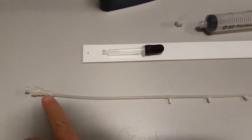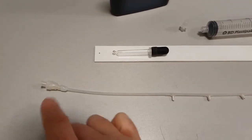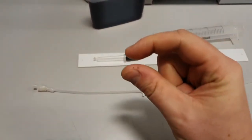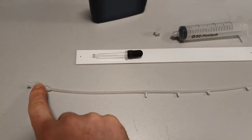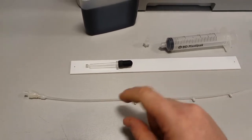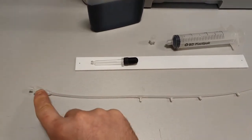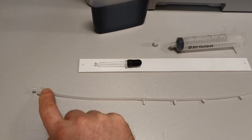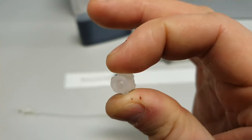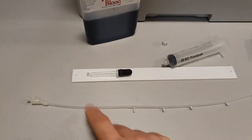medical use. What I've done is I've attached the luer lock to the end with a little bit of glue, and inside there, which you won't be able to see because the glue is opaque, I built a little, not a valve, but a little cuff to make this tube fit perfectly in here from the little membrane on a PlayStation controller. So the bit underneath the buttons, I adapted that into a little cuff, which helps the tube sit nicely inside the luer lock, because the luer lock is completely smooth in the middle,